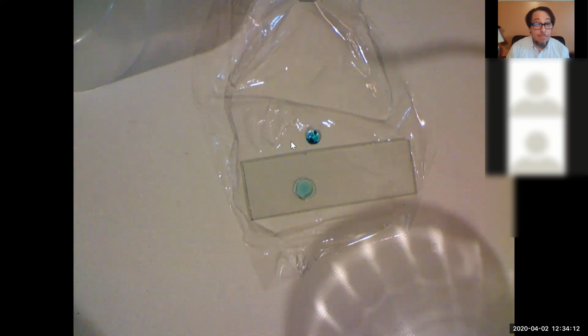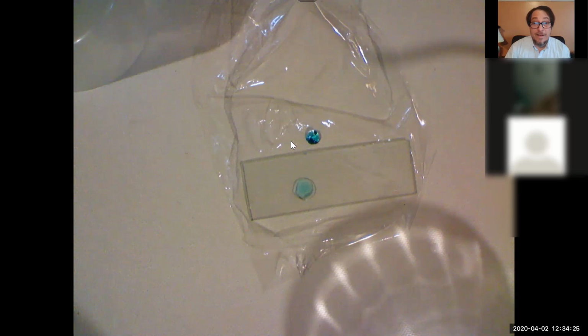glass is a polar molecule. Plastic is a non-polar molecule, meaning that glass is like water. It also has a little bit of a magnetic charge separation, whereas plastic doesn't. And you can see that in the way that water acts when you put it on both of these. And if anybody is able to do this at home, I would love to see a picture of